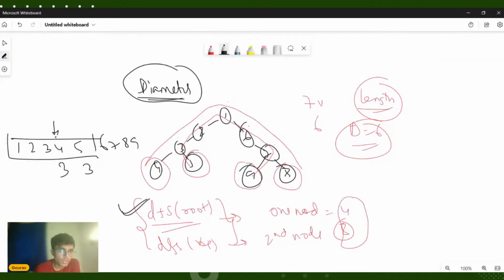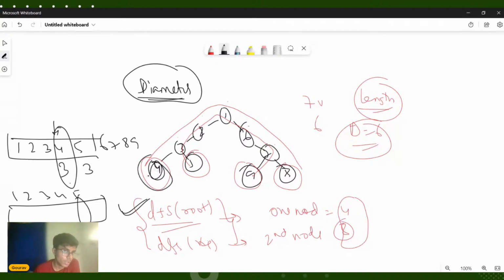Now you will only go to the node which has the maximum distance, because that will be one end of the diameter, and then again start a DFS from that node to the next farthest node possible. So you start a DFS from 4 and again make a distance array, and this time the array will compute the distances of every node from node number 4. Once you get a new node at a distance of 6 units from node number 4, that will be your diameter. So whatever is the distance of the farthest node from node number 4 will be the answer to your question.